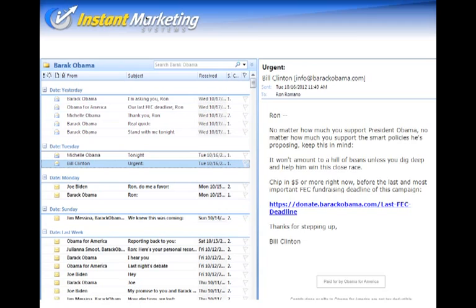Now, a lot of people think that they don't want to send emails because people turn them off. This is how many emails I got in just one day from Barack Obama. 4, 5. One from Barack, one from Michelle, another one from Michelle, and 2 more from Barack. The day before, I got one from Michelle, one from Bill Clinton. The day before that, I got 2, one from Joe Biden, one from Barack Obama. I mean, I get multiple email addresses per day.